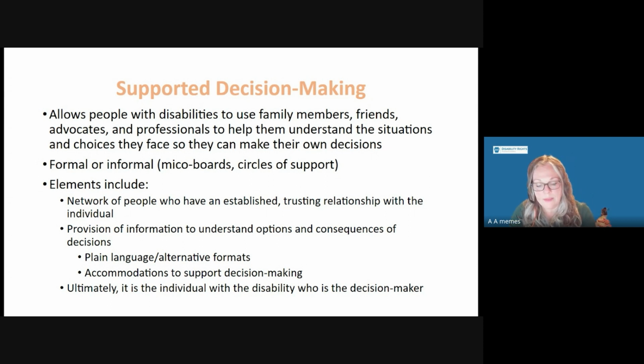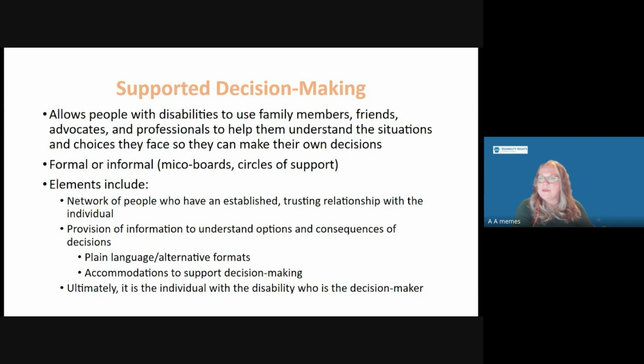It's important to remember, like we talked about in the prior slide, that in supported decision making, ultimately it's the person with a disability who's the decision maker. And I think it doesn't mean that you can't say, hey, this is what I think, because I think that's what we all do, right? When we consult our friends and families and professionals, they're going to give you their 2 cents about what they think you should do. But ultimately, at the end of the day, it's your decision to make. And that's important to maintain that in the context of